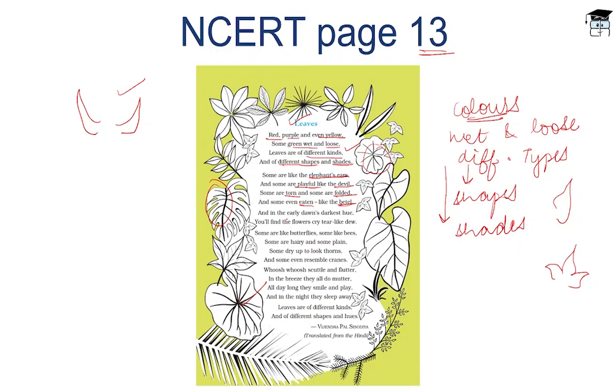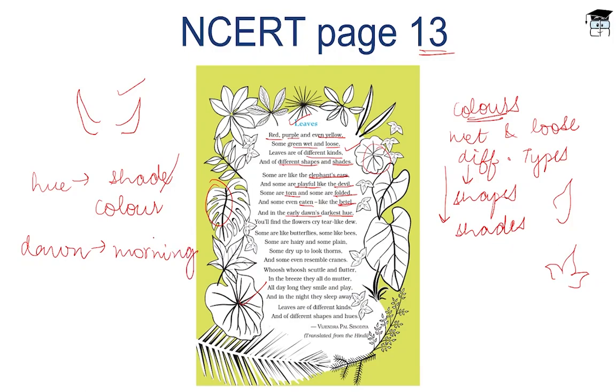In the third stanza, she says, in the early dawn's darkest hue. Now, early dawn means early morning. Okay. So, Didi is saying that in the early morning, the darkest hue. Hue is what? Hue means shade. Hue means shade or color. And dawn means morning. Okay, so Didi is saying that in the early morning, the darkest shade or the darkest